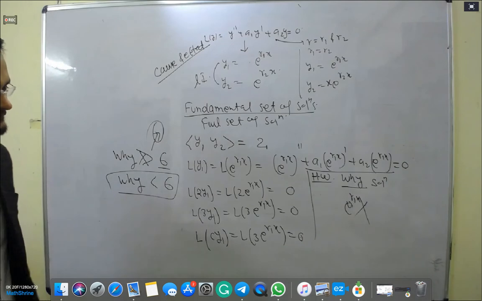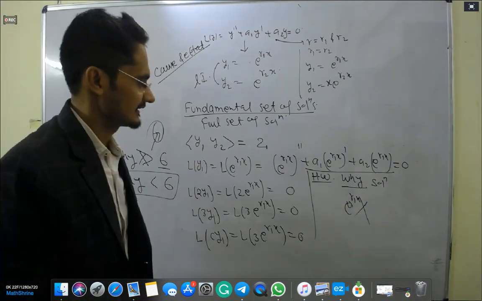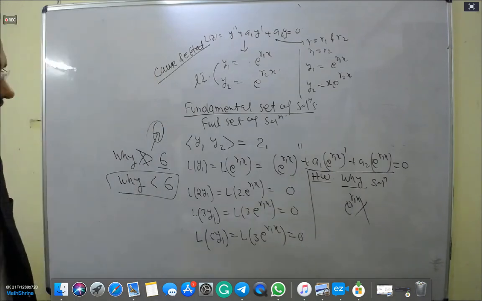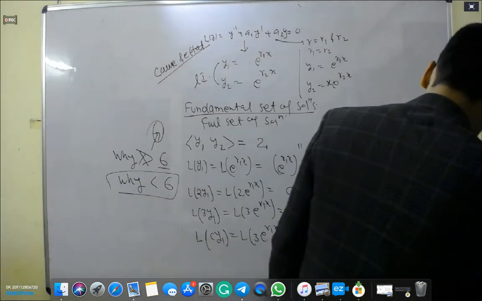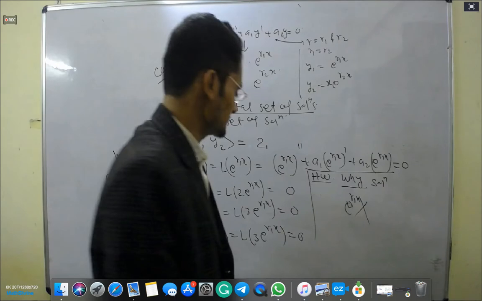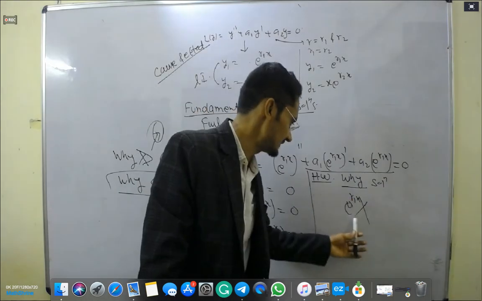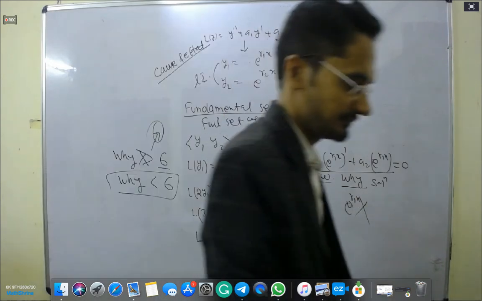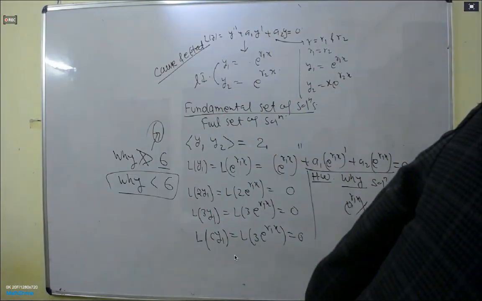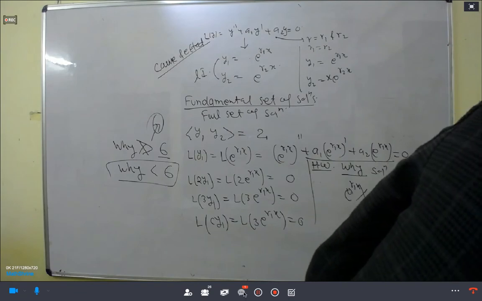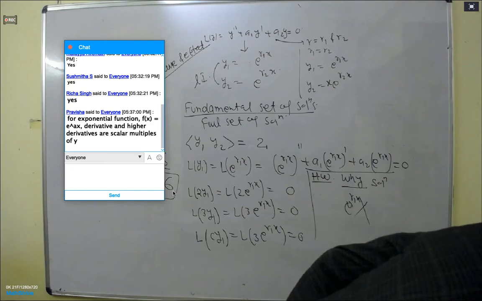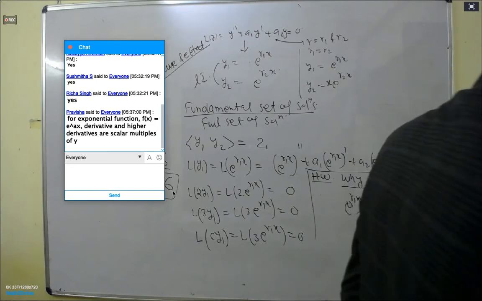And also there are replies, let me see. For the exponential function, the derivative is a scalar multiple of y. Yeah, that is a property. That is also a good attempt. This is nice, but can we say something more abstract? There are 2-3 replies, I have checked. Yeah, that is also fine. Prabhita, your response is better, but it can be a little bit more rigorous.